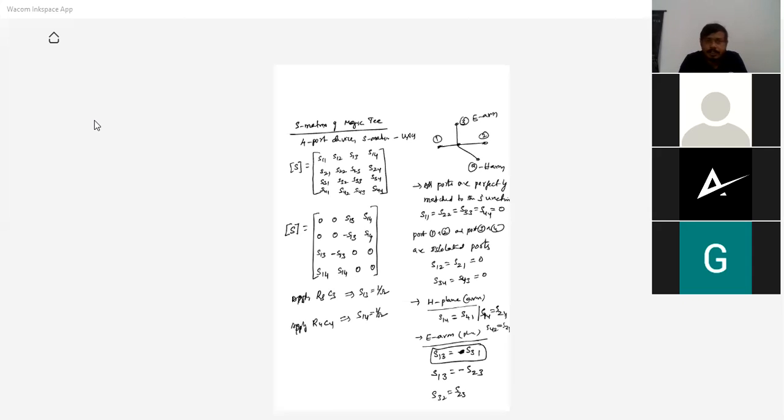I think you can solve this. It's very simple, and I will also explain tomorrow. See, apply R3C3 and R4C4, and you can get 1 by root 2, 1 by root 2 only. Then you can substitute in our matrix. So finally, S is equal to this. I think we will close it. Okay, we'll meet in the